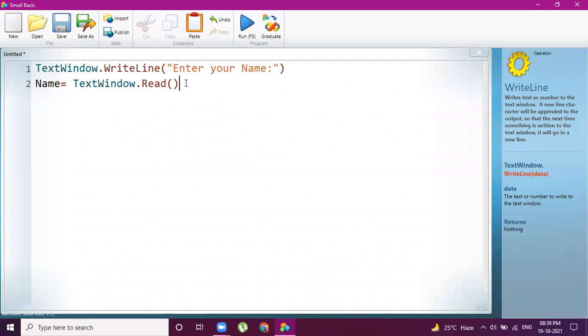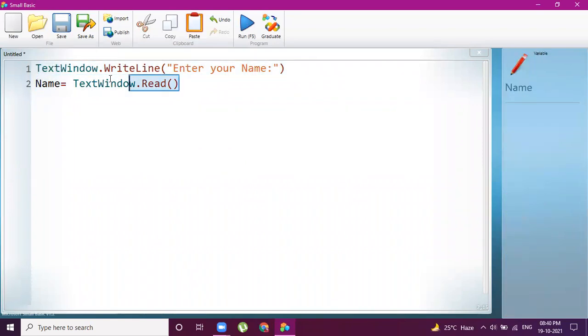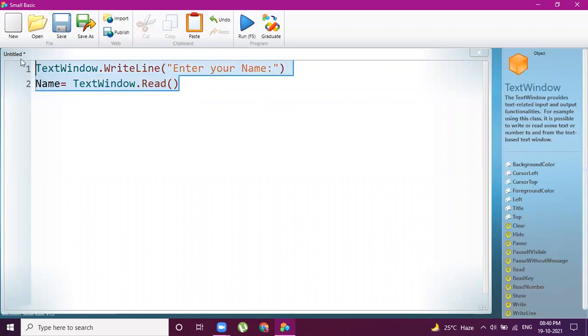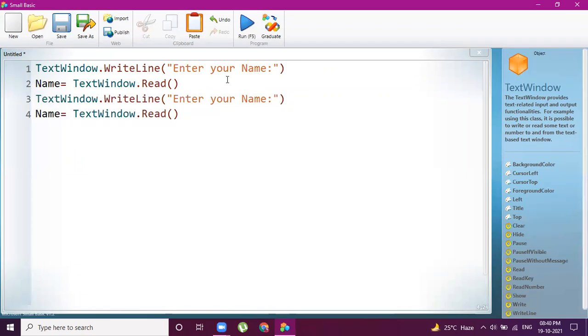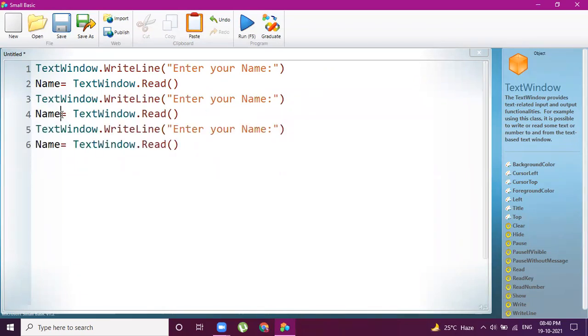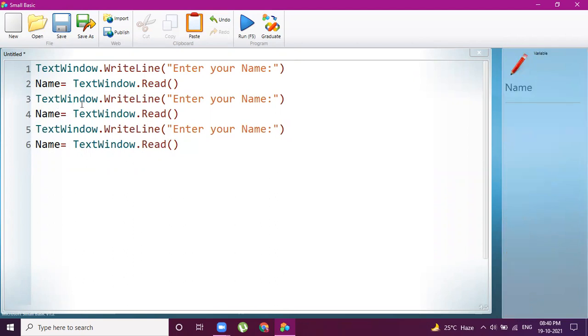Now, I'm going to copy this same code to enter father name and mother name. So I'm using the commands copy and paste. Here I'm taking TextWindow.WriteLine("Enter your father name") and the variable name I'm taking here is name1.